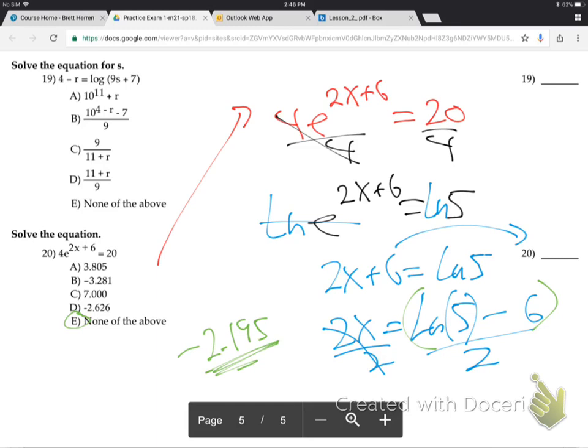Disturbing for the last one. All right, there we go, guys. We're done. The real exam will be just like this. Same amount of problems, same amount of each type of